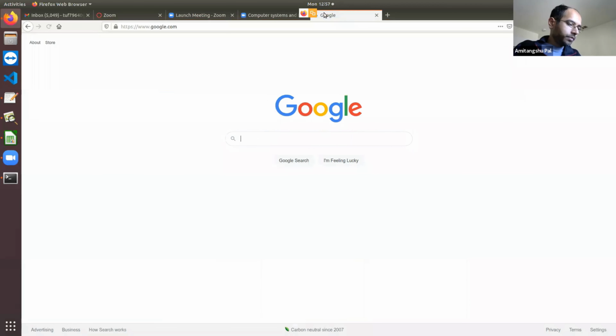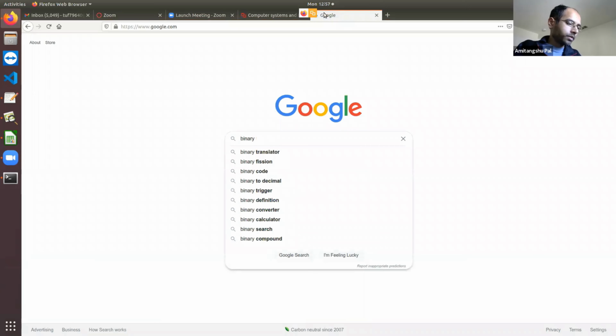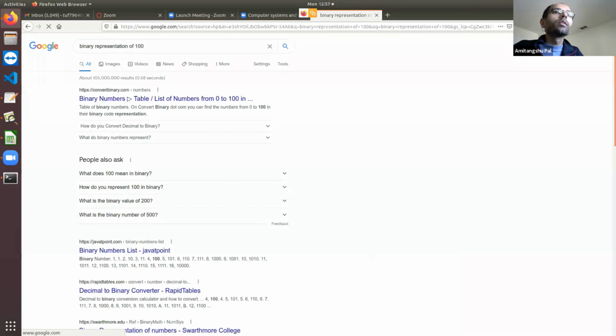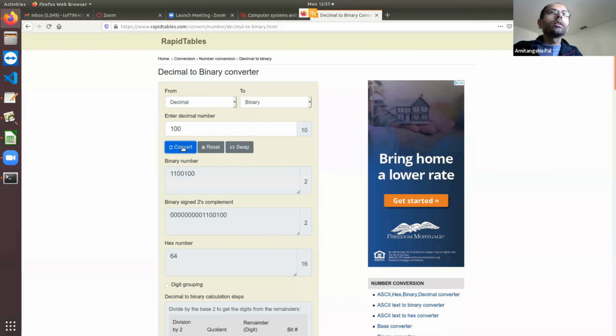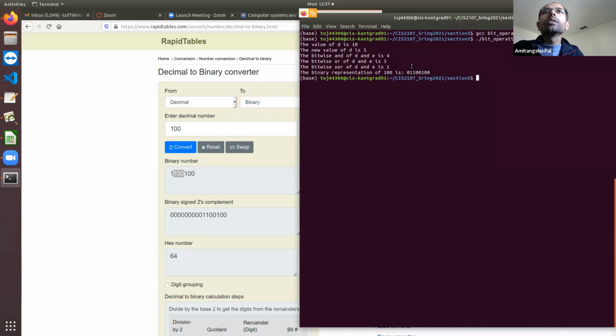Let me check quickly. So decimal to binary, if I make it 100, it is going to be 1100100. As I am printing 8 bits, I got 0 in the front.